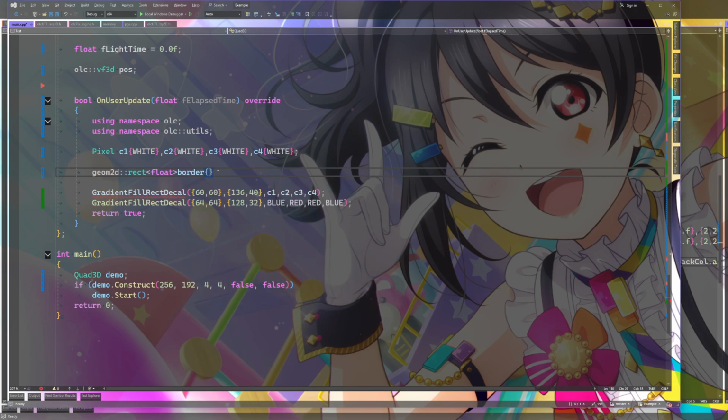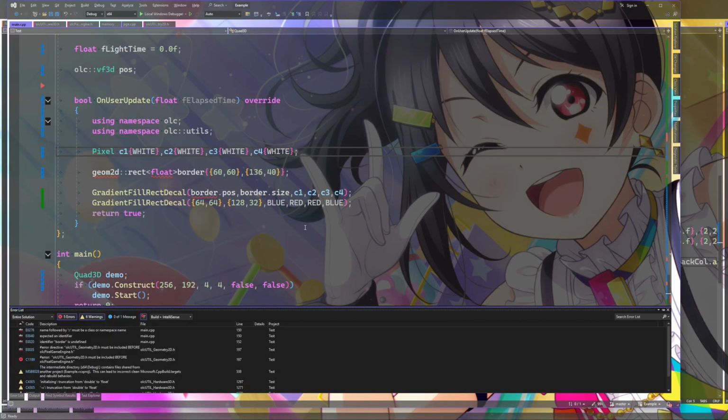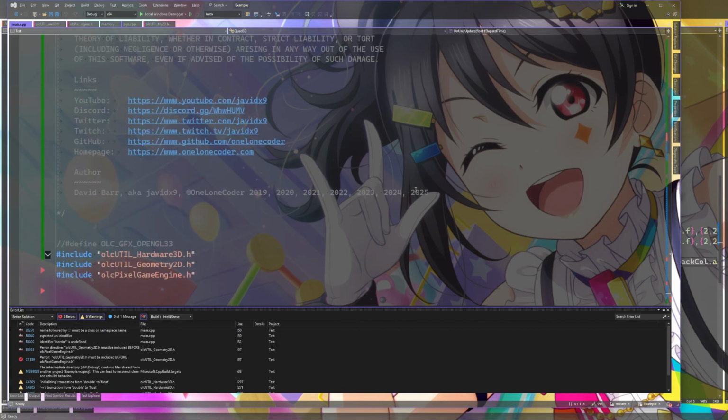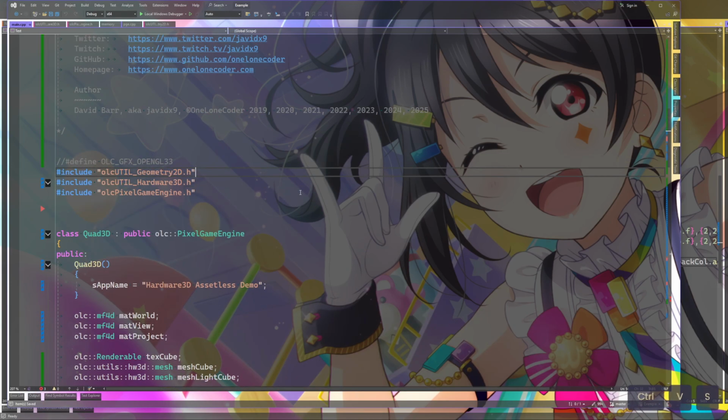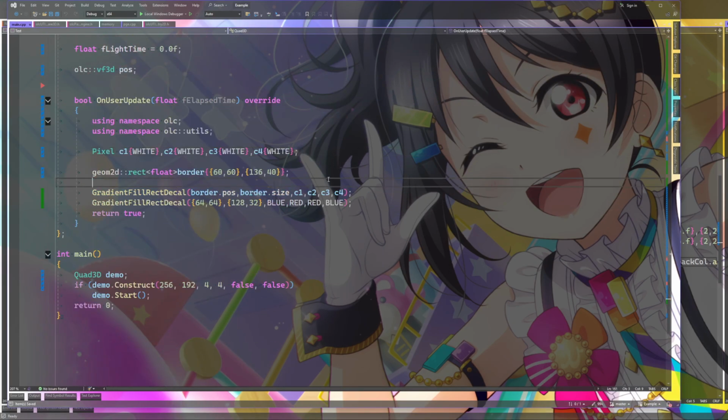Border is 60, 60, 136, 40. Border.pos, border.size. Still doesn't like this for whatever reason. Geometry 2D must be included before pixel game engine. It is. One would think. Oh, hardware includes PG, that's why. Okay.